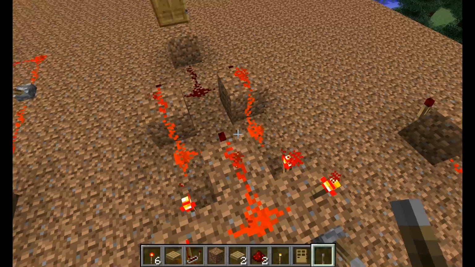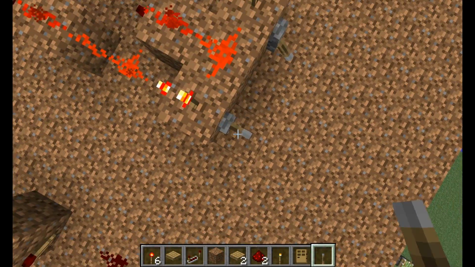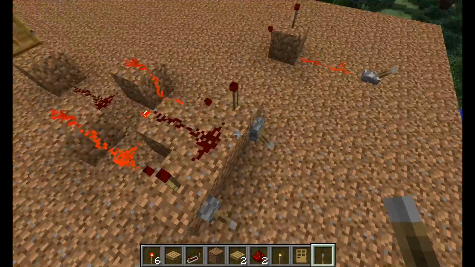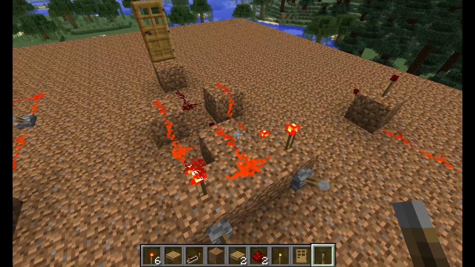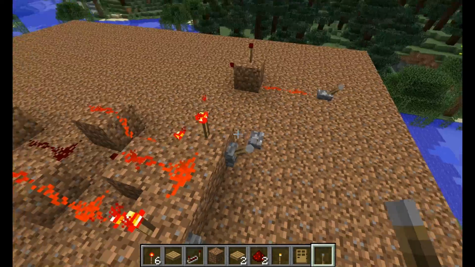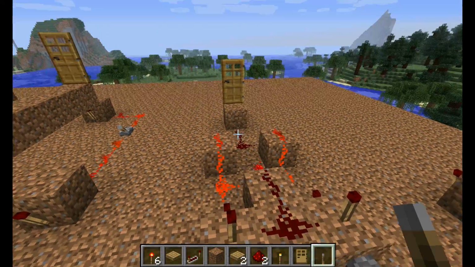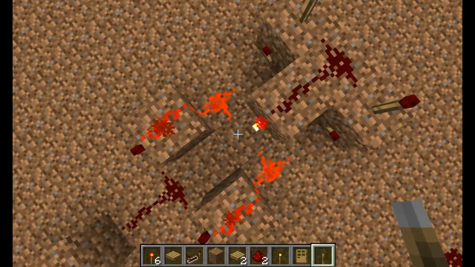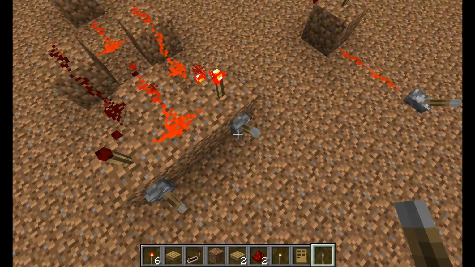Okay, so it's getting a little complicated, but the point is, if either one is turned on at any time, the door will be open. Either one, whichever way you've got it. If both are turned on or if both are turned off, oops. See, both are off now. The door is closed, because this redstone torch right here is closing the door. If both are turned on,